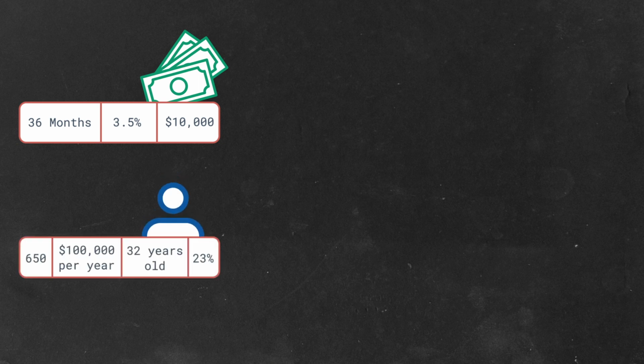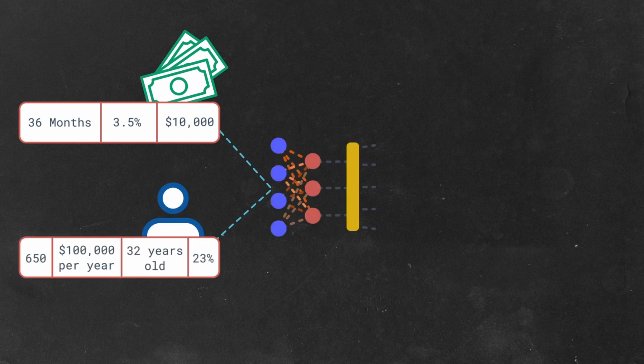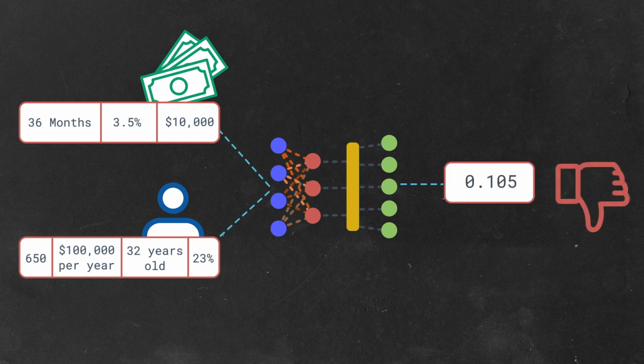So the first thing we need to do, before we can do any inferences, is load a model into Redis AI to do the inferences. This is setup work, and so we only need to do this once at the beginning. Our hypothetical model expects two tensors as input: a tensor containing the details of the loan, like the term, the rate, and the principal, and another tensor containing our customer's banking records. We can upload the data for both of our input tensors, and then ask Redis AI to run the model, performing an inference against them. Redis AI then writes the results of the inference to an output tensor, which we can then read to get the results. And that works pretty cleanly.